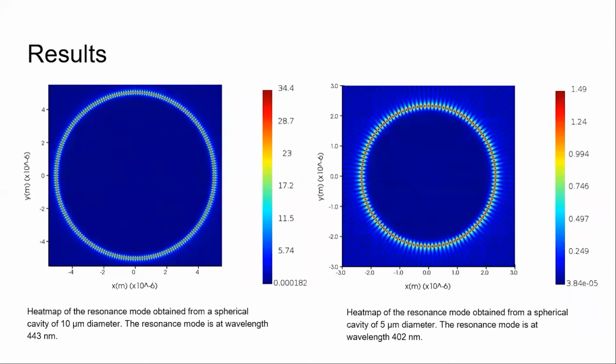Overall, the result of our simulations is that we can obtain whispering gallery modes from cavities with diameters 5 micron or bigger, using special proteins as a coating material for the membrane of the cell. From this result and the recommendations of the previous iGEM team, Delft 2016, we have included Baker's yeast into our experimental plan